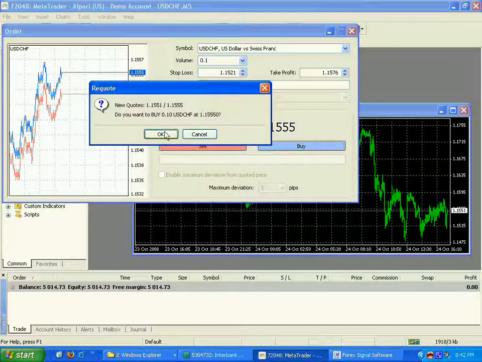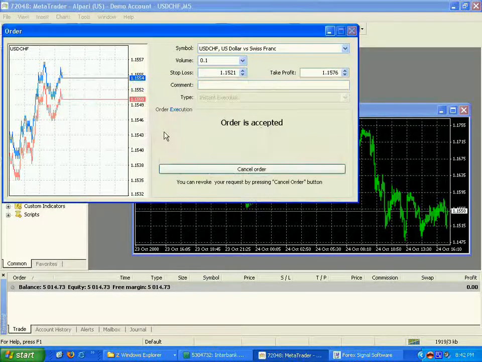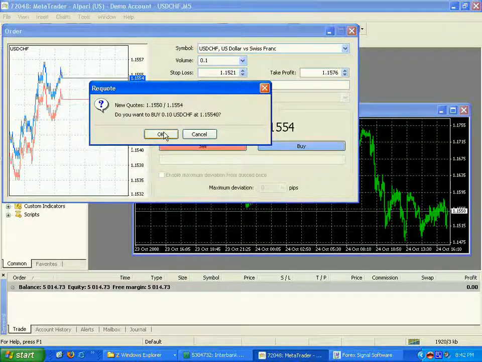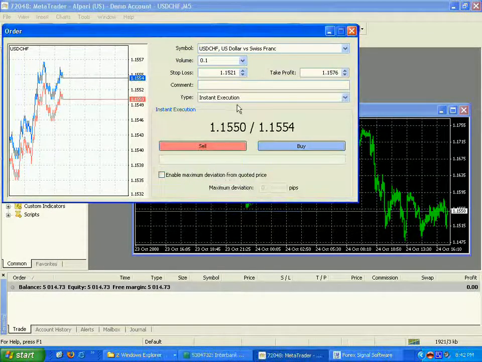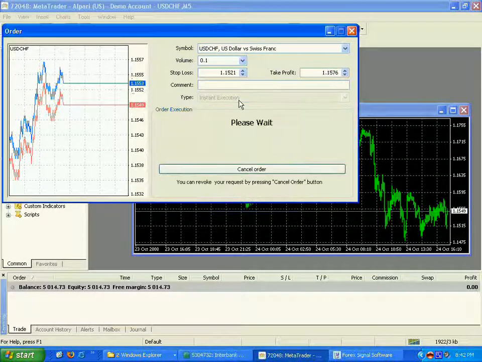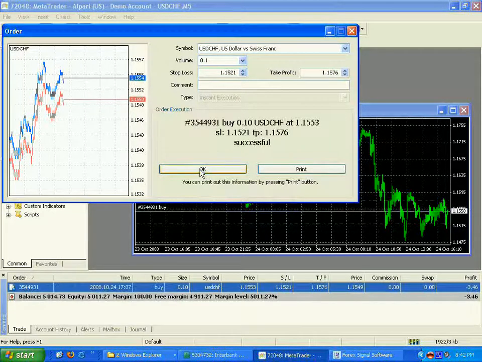If this doesn't go through, then your MetaTrader platform will basically say requote, and since that particular order failed, AutoFxK will attempt to place the trade again. It'll do this for a maximum of 3 times,